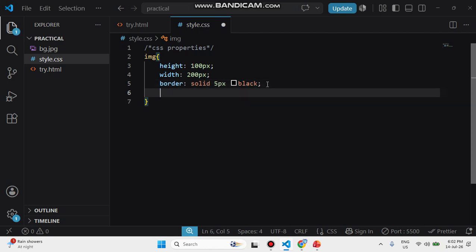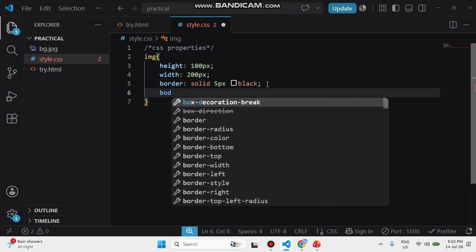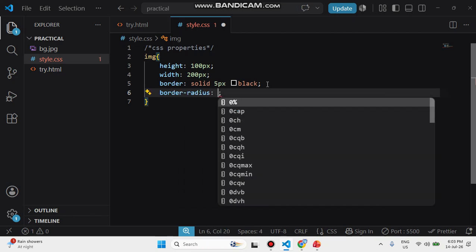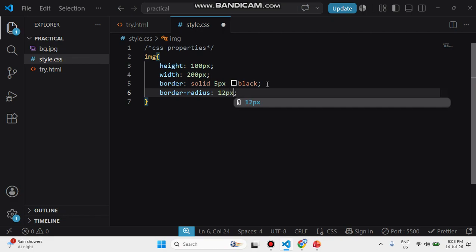So you can check over here, the border is coming, a frame will be created. Then again, if you want to curve the border, you can do that with border radius, which I want to be 12 pixels. You can check right now the border is going to be curved. So you can create a